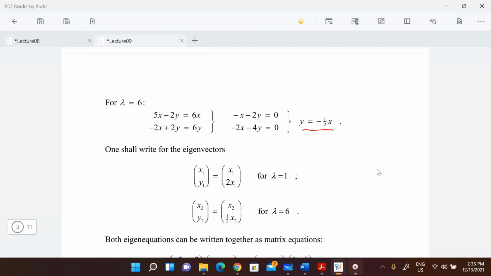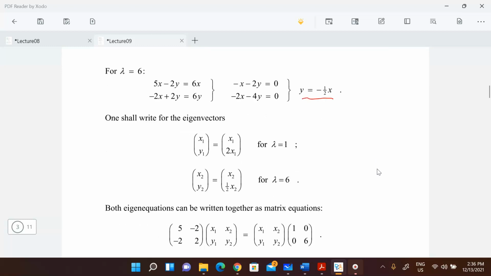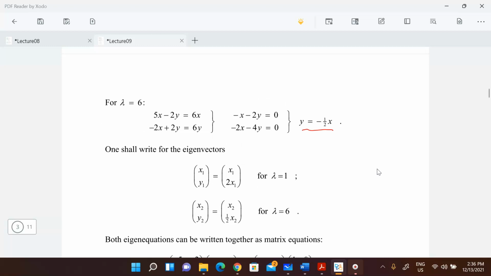Now for each of these, one could simply relabel these equations by selecting a particular x and y for each of those lines. So here, for lambda equals 1, I use x1 and y1, and for the second line, for lambda equals 6, I use x2 and y2, and you can see that over here